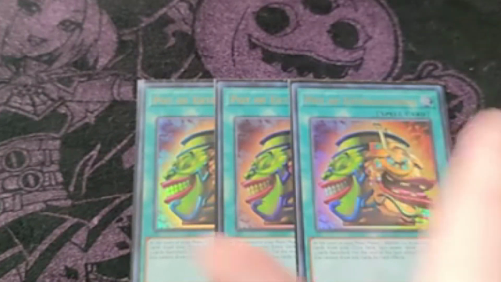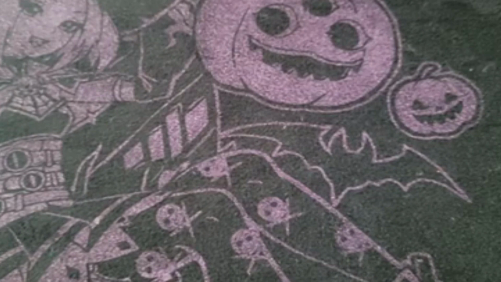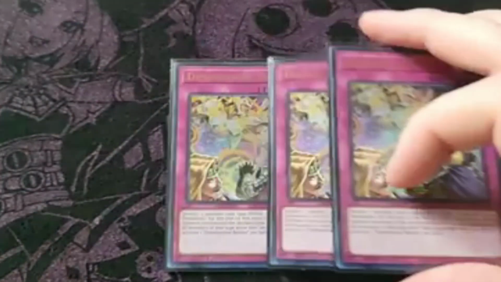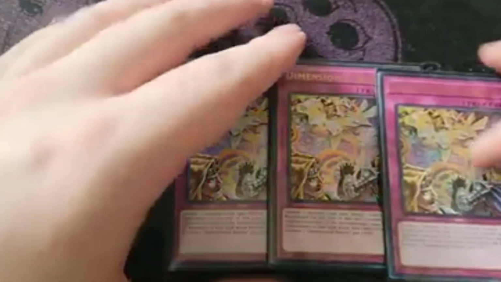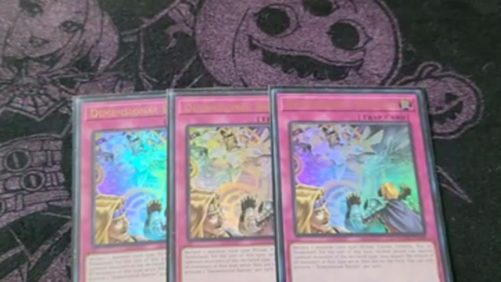But if it's not, then this is fine. And then for the traps, this one can be interchanged with Sanctum or DDG, but right now I am testing D-Barrier in the main. Yeah, in the main. So, if you're playing against a Link deck, if you're playing against a deck that doesn't get hit by this,